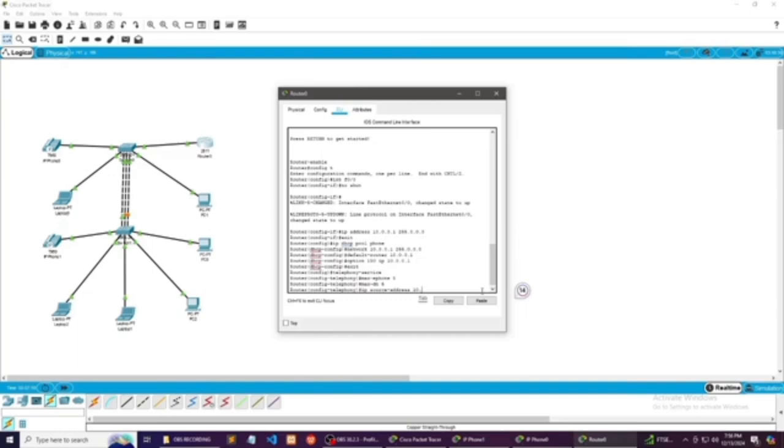That's the IP address that you're going to use, or the source address rather.